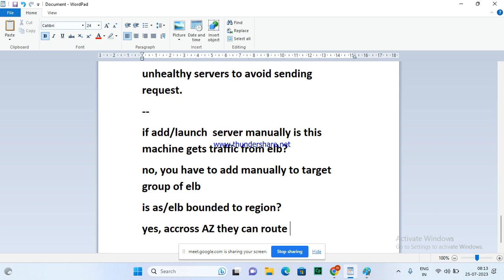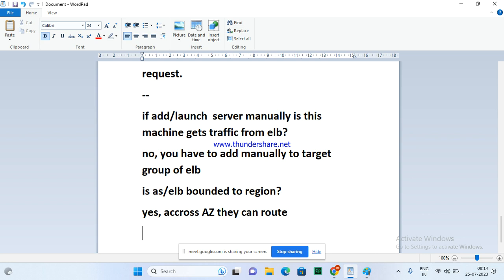Interview question: we have servers in different locations. I want to use ELB to distribute the traffic among them. Is it possible? No. You have to understand the question. The story can be big. If you know the logic, you can understand well. Listen to the question first, then respond. It's not possible. It's region based. Auto scaling and load balancer work under what? A single region. They cannot work across multiple regions. All the server capacity should be maintained in only a single region, but it can be across multiple AZs. AZ means availability zone.